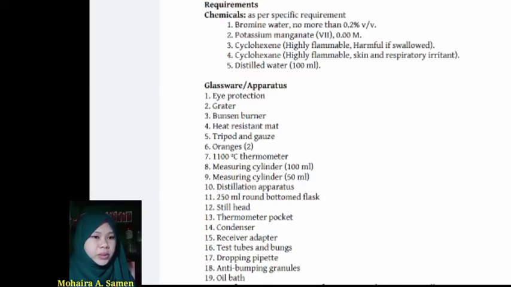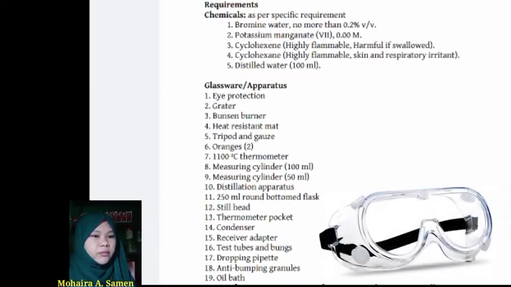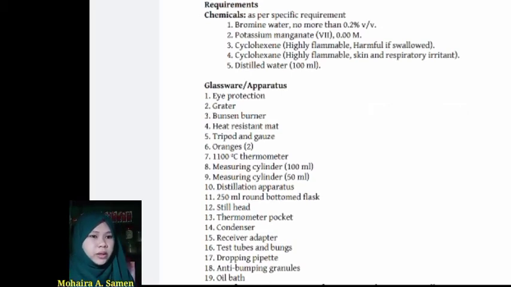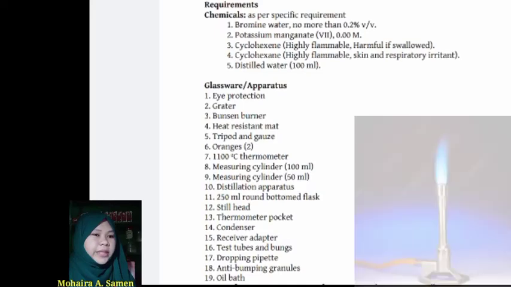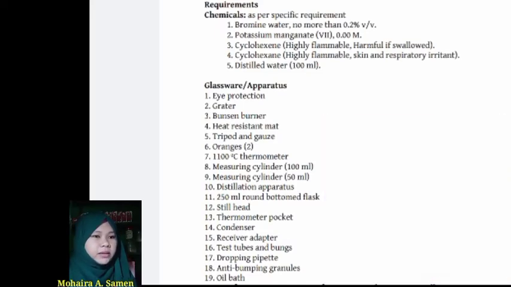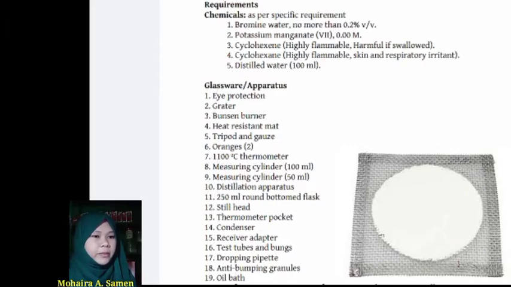Glass apparatus. We also have the requirements of glass apparatus. Number 1 is for eye protection, or what's called the goggles. Number 2, the grater. The grater that we use in the kitchen, pwede rin yung gamitin. Then Bunsen burner, heat resistant mat, tripod and gauze,